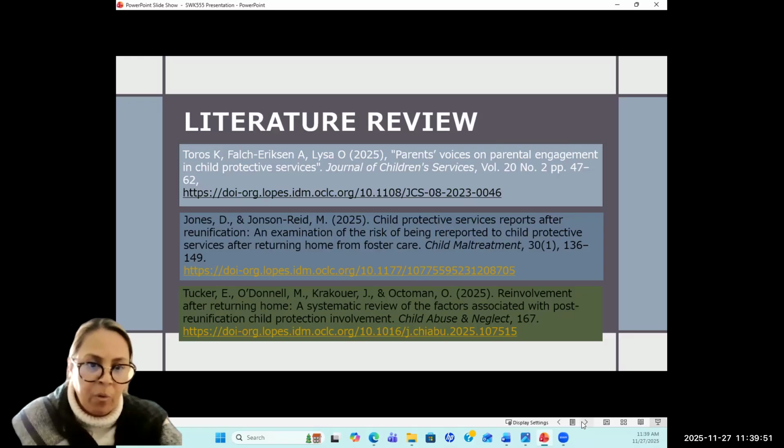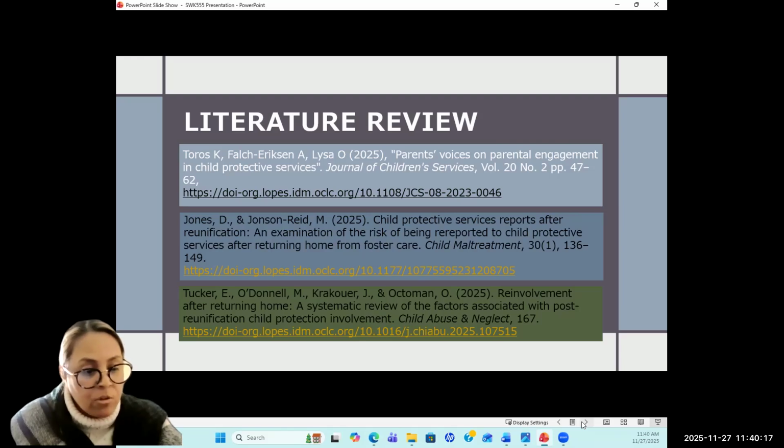That's half of the people that enter the system. The data was gathered through the longitudinal national linked data to examine the reoccurrence within 2,000 days, an observance period on 612,654 youth in foster care.